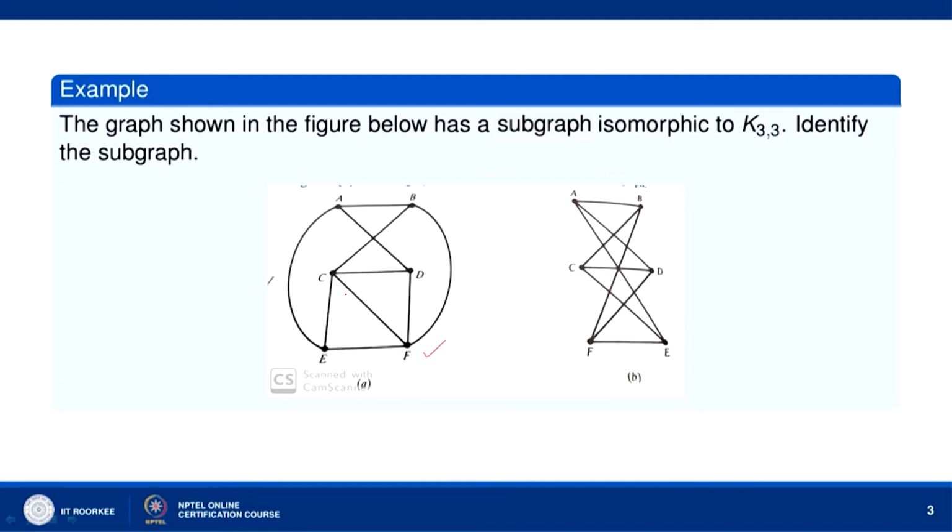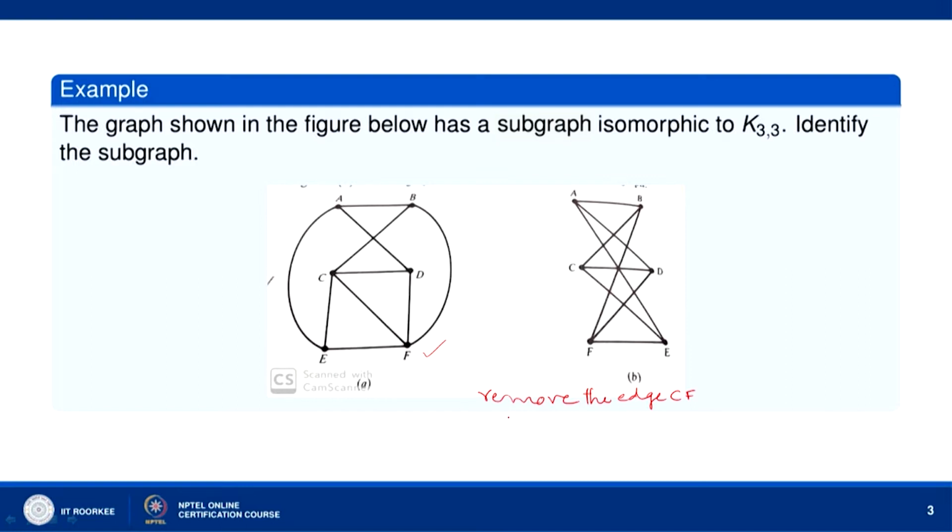We remove the edge CF. By removing vertices or edges from a graph, we can arrive at a subgraph. We have earlier seen that. So, when we remove the edge CF and arrange E and F as F and E, and redraw the graph, then what do we notice? The graph comes in this form.